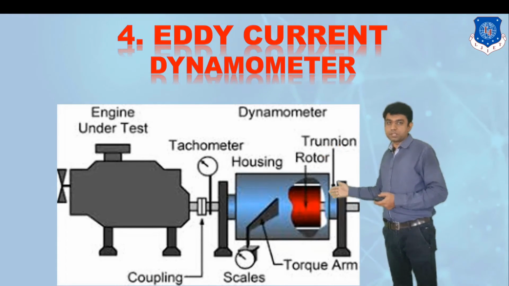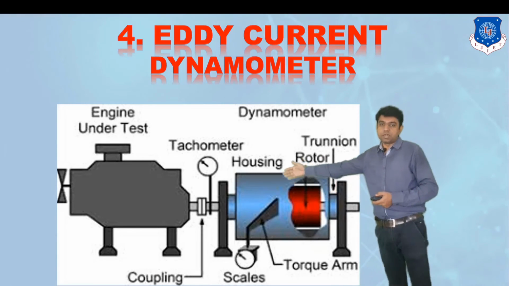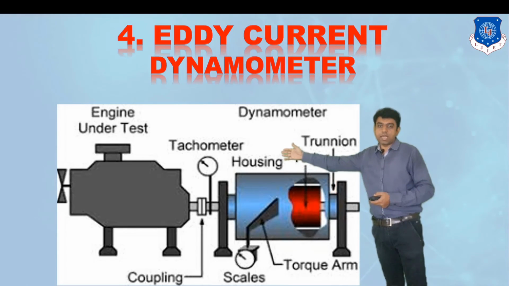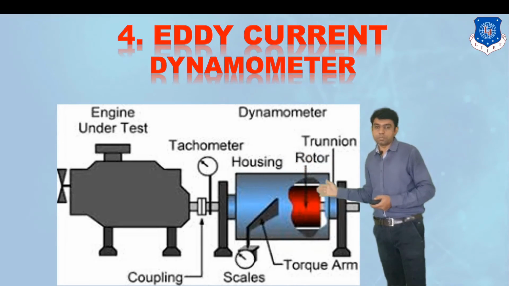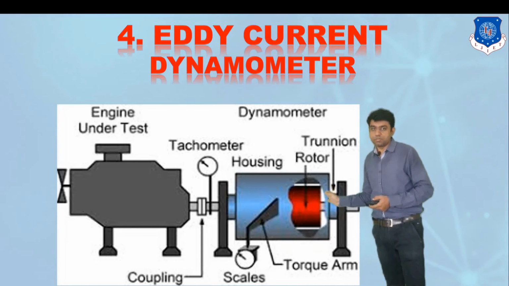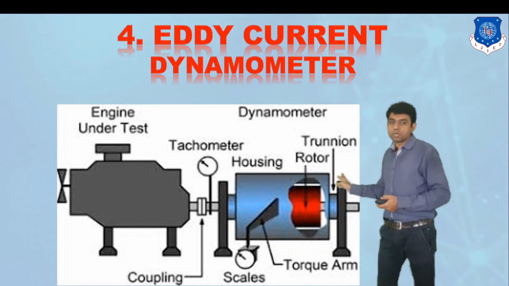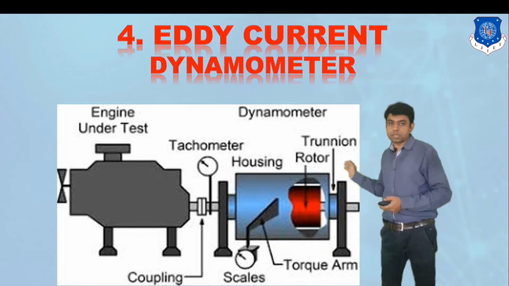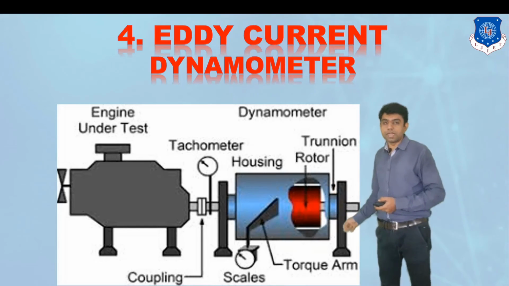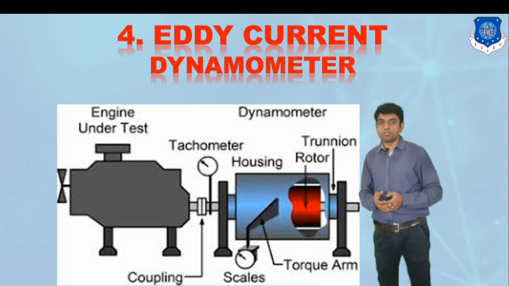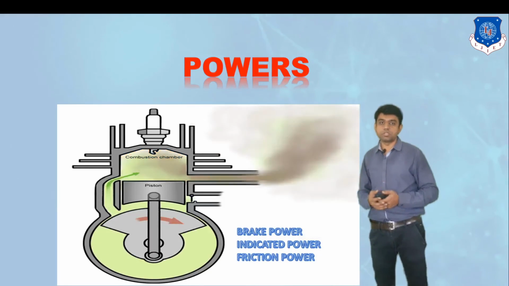If we take a 3D view, it appears like this. The shaft, apart from that the tachometer which is used to measure the rpm value, and the housing in which the rotor would be there. In this housing we have different magnetic fields. That magnetic field will be cut with the help of this rotor, and on cutting that, the eddy current would be produced. That eddy current will try to stop that, and it will try to rotate this stator region, but it is attached with the torque arm. So that torque arm value will give you the value of force which is available. This is how we can measure the torque.